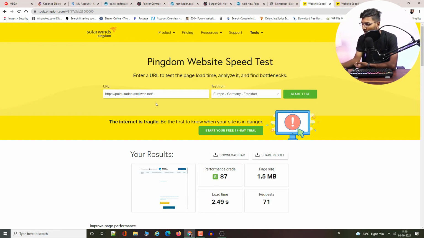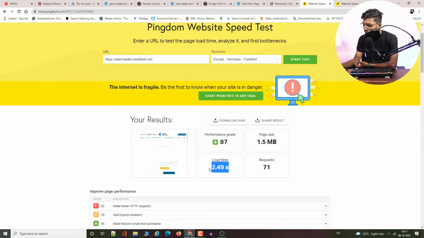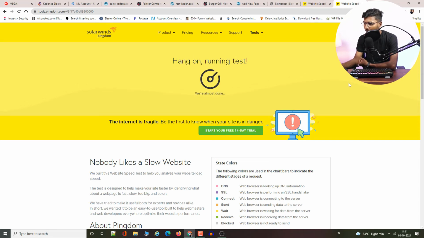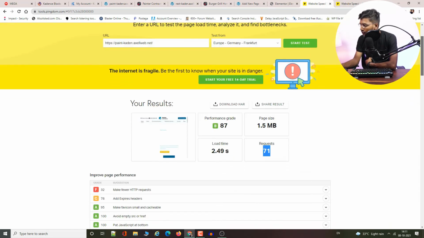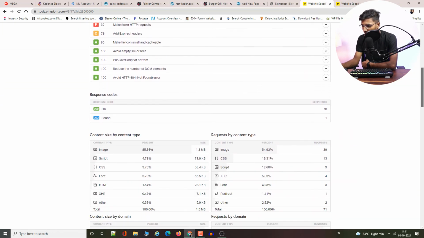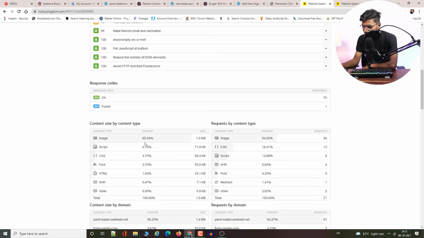Here I have loaded this template on the Pingdom tool, and it's saying that it has a page size of 1.5 MB and a load time of 2.49 seconds, and it has created 71 requests. Let me test another one. While this test is ongoing, let me show you some more things. The main size of this page is contributed by images. 1.3 MB is images.